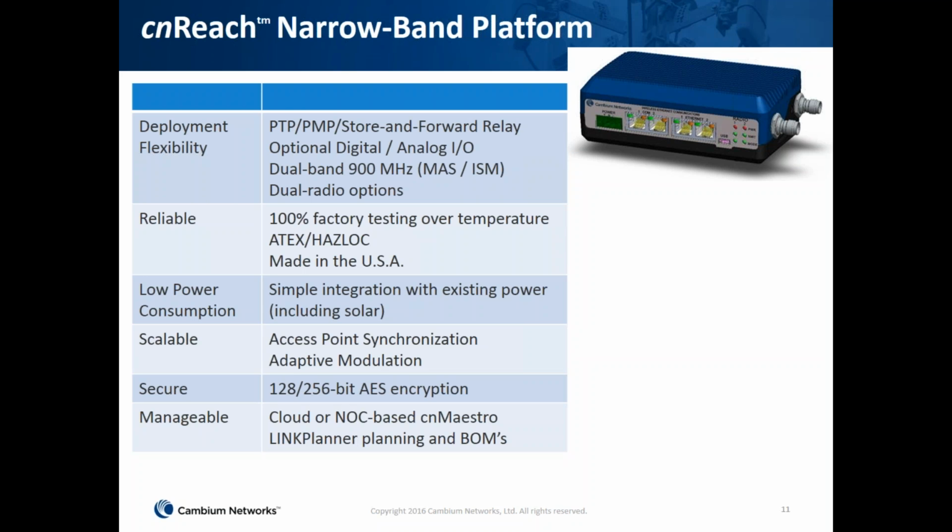And then scalability, especially in the 900 megahertz ISM band, we have the ability to do access point synchronization. So using our UGPS module, we can synchronize multiple access points using a GPS signal to deliver a very precise 1 pulse per second reference signal. We can lock the access points into making sure that they don't try to transmit at the same time on